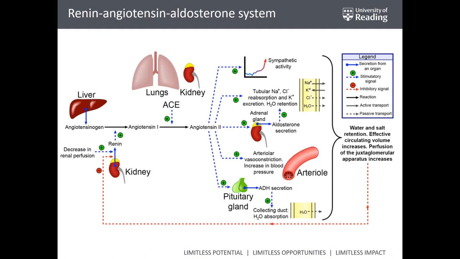Now, these systems are not on and off, so to speak. These systems are always active. They're more active or less active. Okay, so it's a continuum, it's a spectrum of activation. You never have zero renin or yes renin. Okay, you have variable levels of renin in the blood depending on how the overall average blood pressure changes in time. So it is this very refined, very sophisticated feedback loop that keeps the blood pressure absolutely spot on its